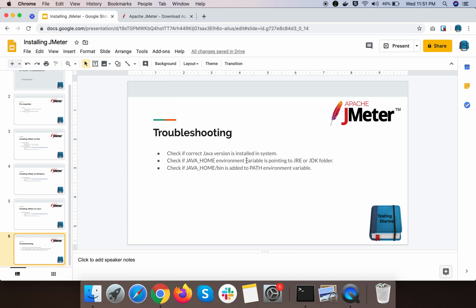If you have an older Java version, please try to upgrade it and check if JMeter runs with the upgraded version. Even if that doesn't solve your problem, check if the JAVA_HOME environment variable is set correctly, and check if JAVA_HOME/bin is added to the PATH environment variable in your system.